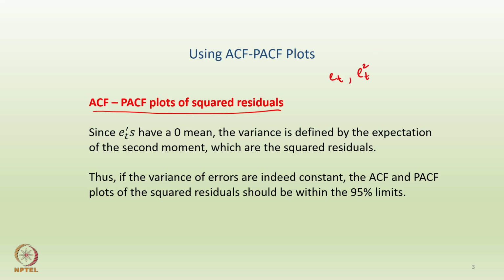And why exactly? Because one very important assumption in our case is that the expected value of all the errors is 0. So the expectation of all the error terms is 0. And since the expectation is 0, if you talk about the variance of Et, remember that we are more concerned about changing variance and not changing mean, because the mean is 0, but we are focusing on how the variance structure changes.